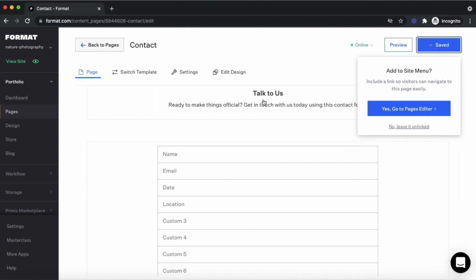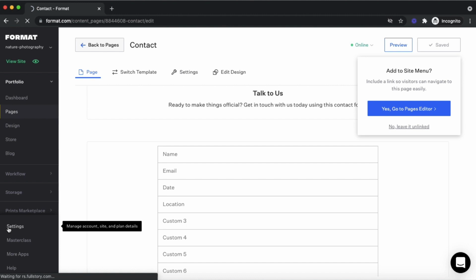Once you've created your contact form and your contact page, what you'll want to do is to add a site contact email to ensure that you've added an email to which the messages you receive via the contact form will go to. You can add your site contact email address by going to Settings over here,